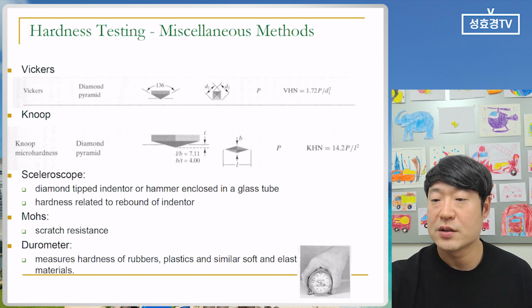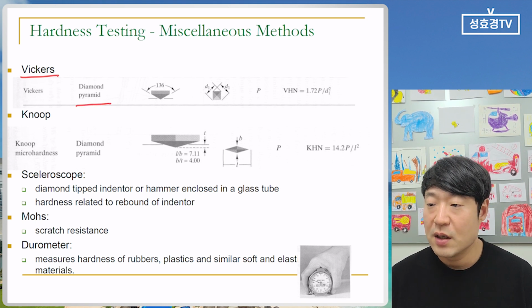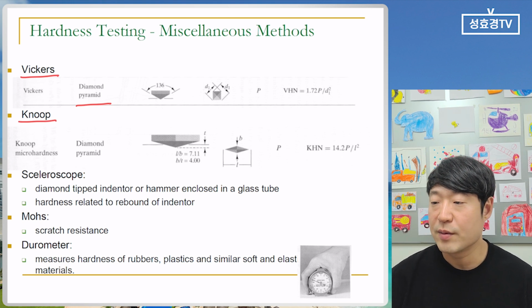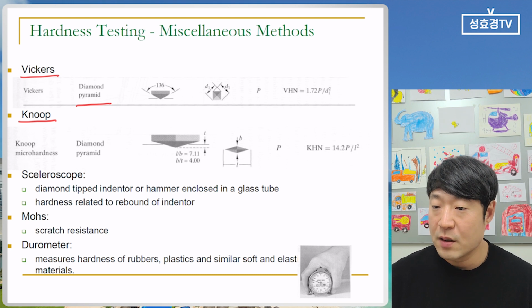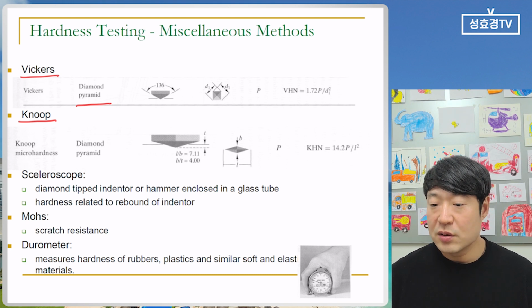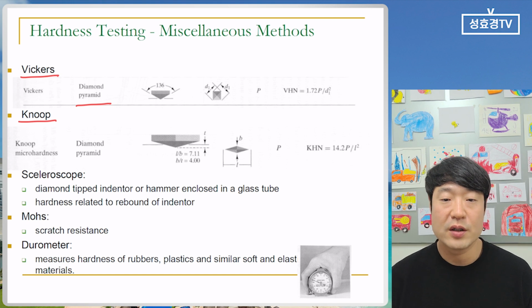The hardness test is a small-scale one, and they use a diamond pyramid, so that cone type is a little bit different. There is also the Knoop microhardness test, which also uses a diamond pyramid, but it is a narrower shape. And another thing is that maybe they have the scratch test. You already know about most hardness tests. Diamond is the best, and sometimes there are some rock things there, and then we